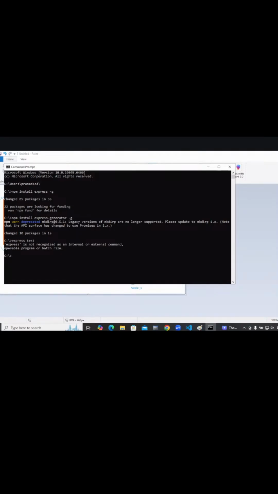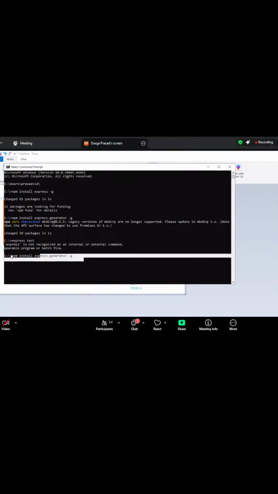I'm installing in a different folder. No, the folder is fine. Actually, when I'm giving hyphen g, you can run it anywhere. It will not restrict this. npm install express generator. Generator spelling is fine, right? Express generator. Express is okay.